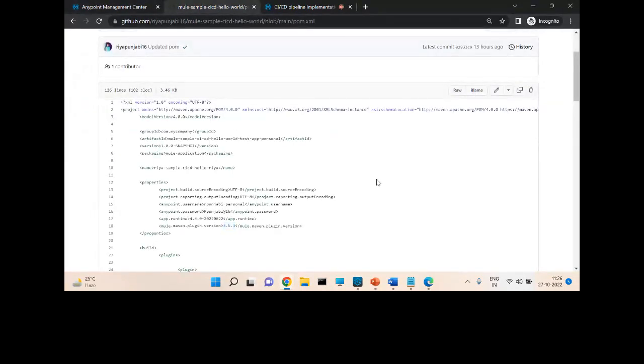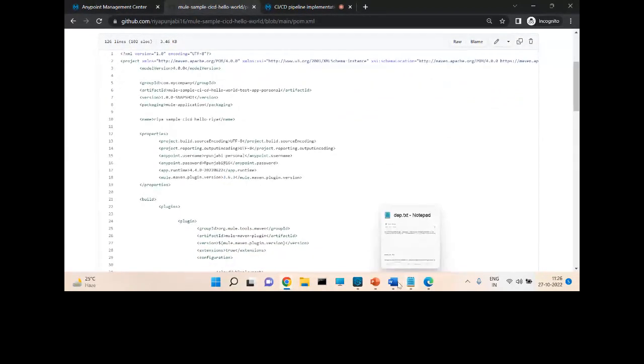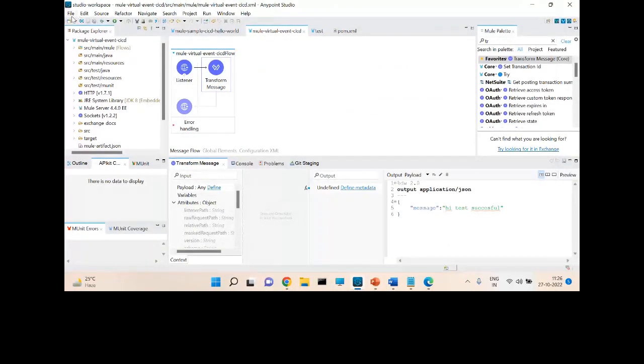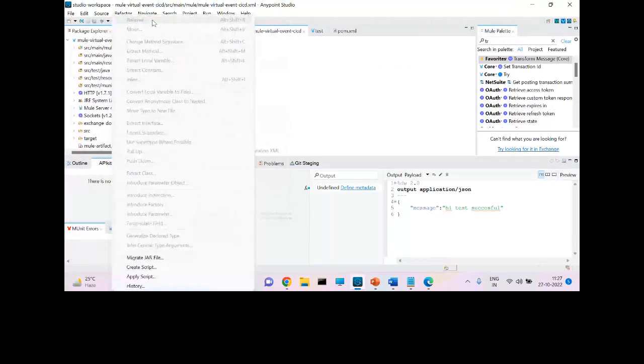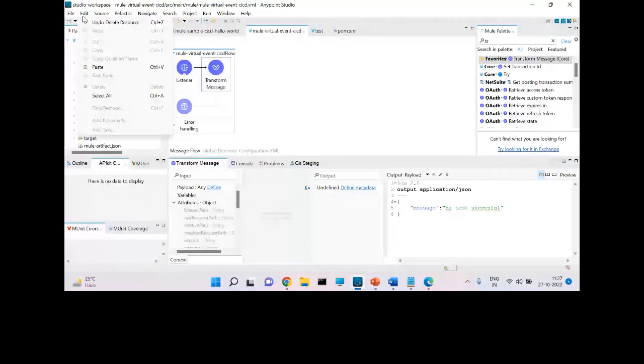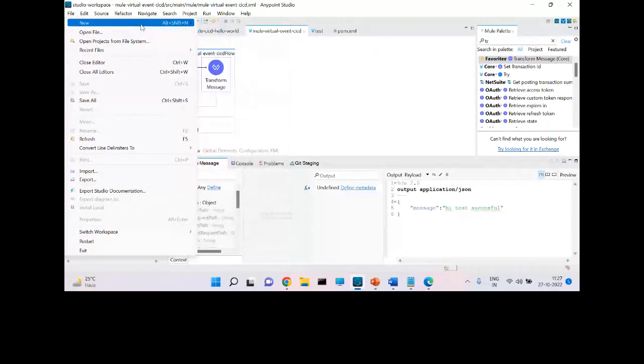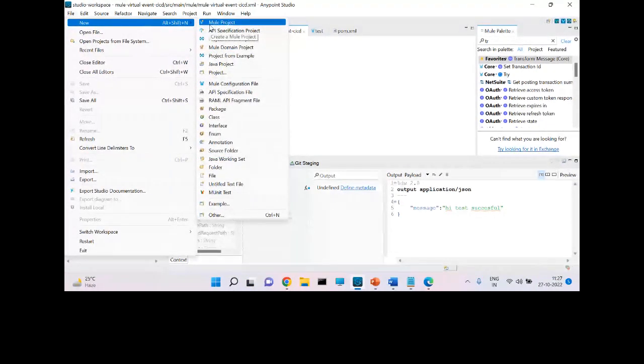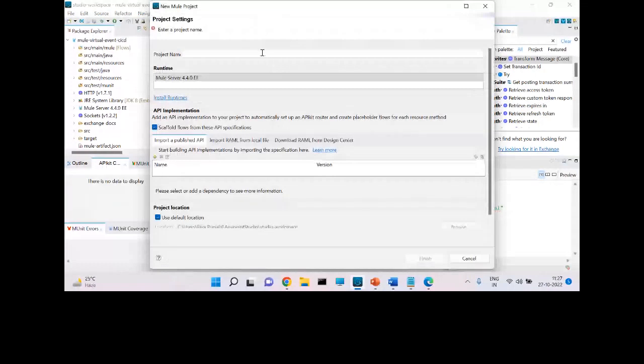In Anypoint Studio, we can create one application. Go to new Mule project, give some name and click on finish, and the Mule project will get created.